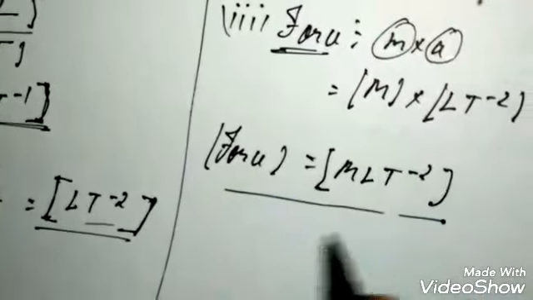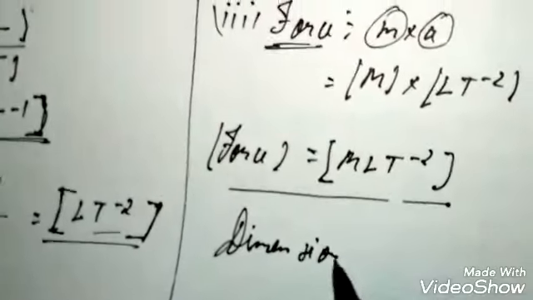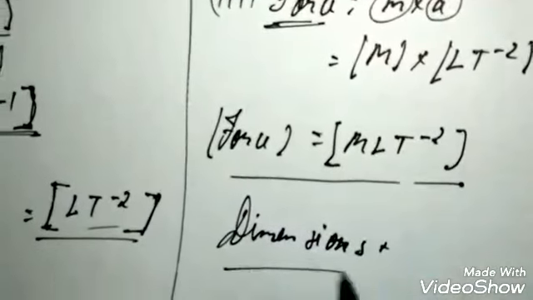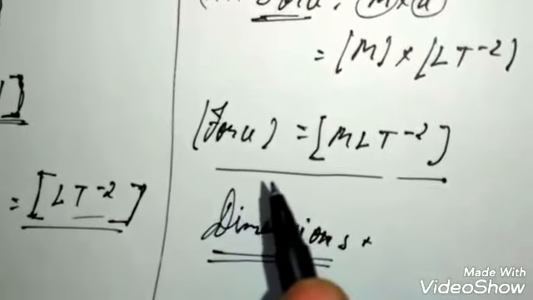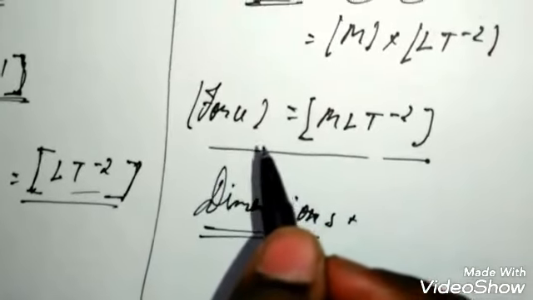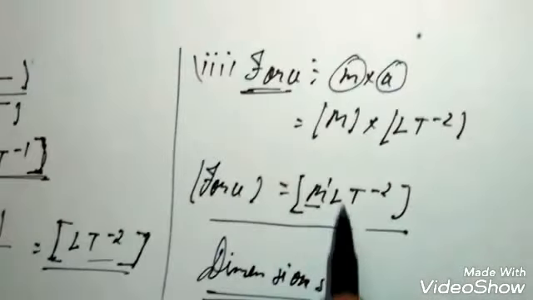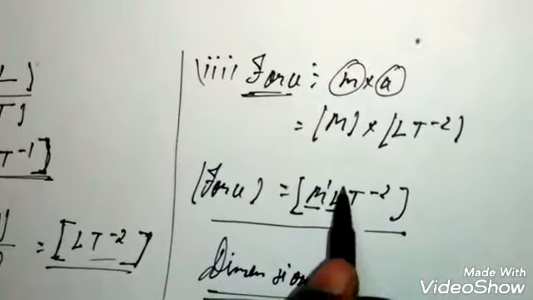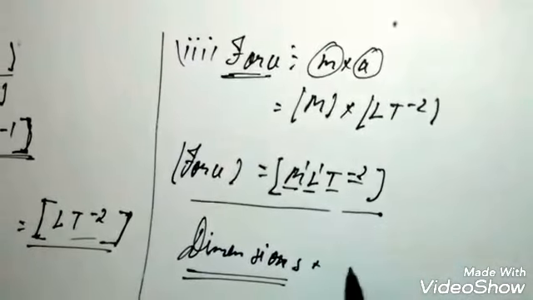And if we talk about dimensions, as I have already explained, the power of a particular variable in a particular quantity is known as dimension. We can see that here mass has a power of 1, length has a power of 1, and time has a power of minus 2. Therefore dimensions of length is